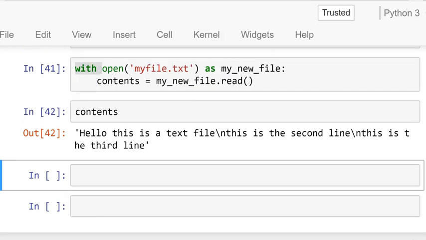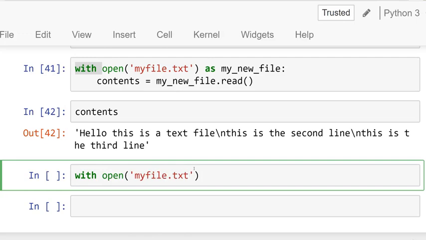Okay, let's finish off this discussion by talking about reading and writing to a file. Right now, you may have noticed that we've basically just been reading files, but we can also write to files and overwrite files. And that's a key difference that we need to appreciate. So we're going to say with open, and I'm going to say with open